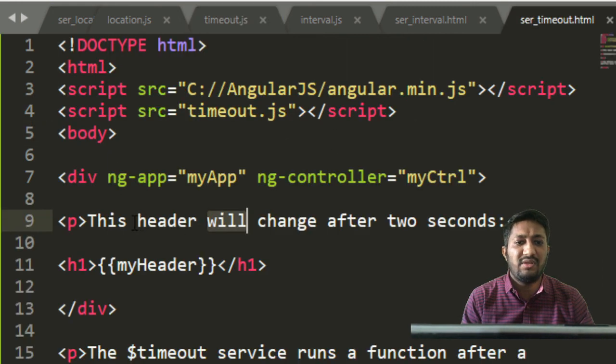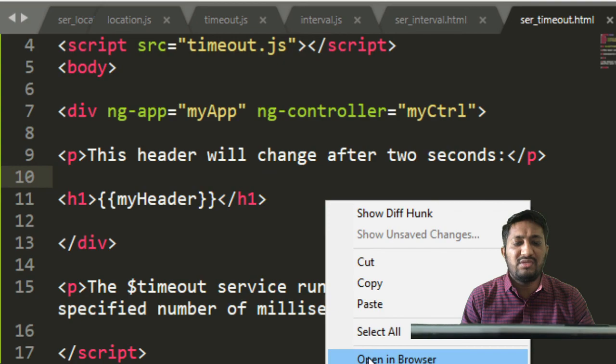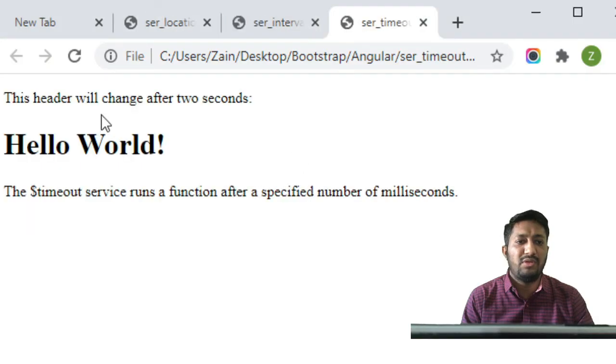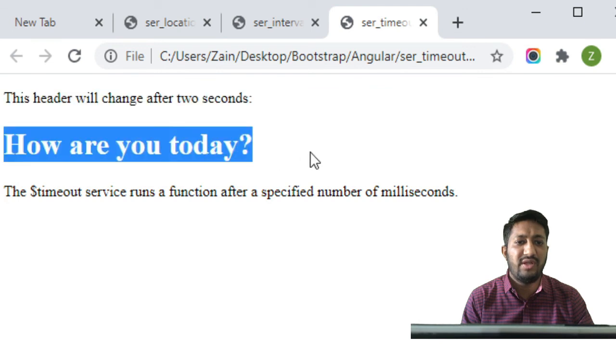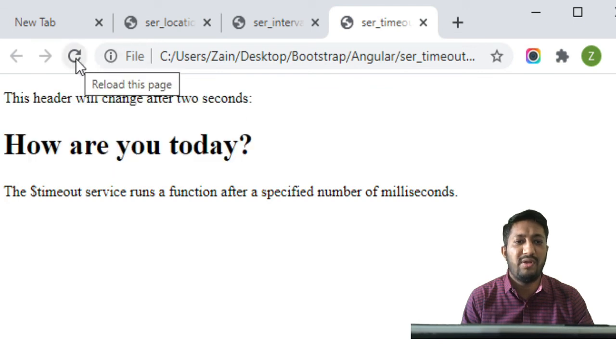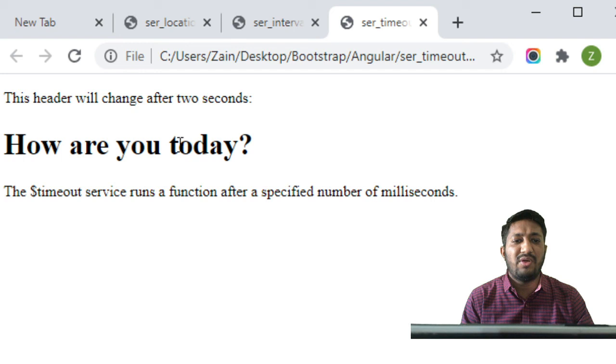Let's go for this output. Yes, your header will change after 2 seconds: hello, how are you? I am running the same code again. Yes, hello, and after 2 seconds the timeout changes our value. So this is the idea of how we can use the timeout service in AngularJS.